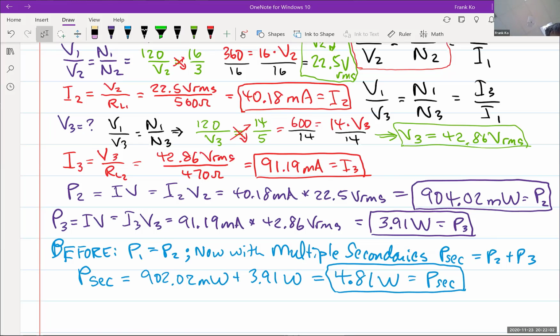Yeah, so P1 is your P secondary. So P1 is equal to 4.81 watts. Everybody okay with power of the primary? So how much current is running in the primary? Is the next question. How do I determine now